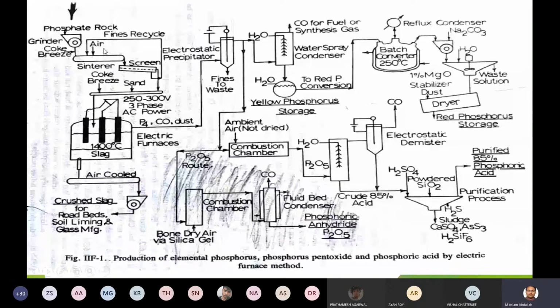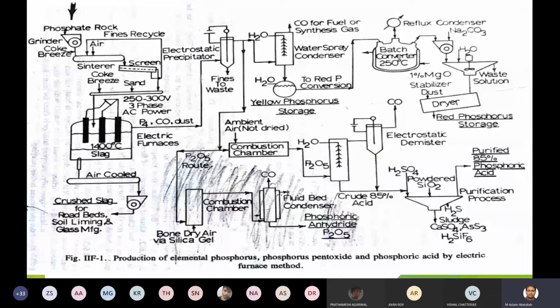This coke grease, along with the crushed phosphate rock, will react with air. Uniform mixing should happen, so uniform mixing will happen in the sinterer. In the sinterer, a large lump of solid molecules will be formed. After you add coke grease and air, the phosphate rock will react with the coke grease and air, and a large lump of molecules will be formed. These large lumps are screened according to size. Once you start screening, the fine particles will come first, followed by the bigger particles at the last.